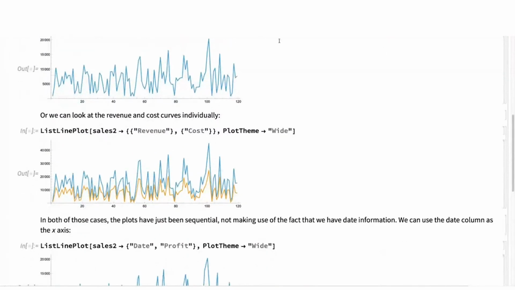We can look at what goes into that profit. What was my revenue and what was my cost on each of those sales? And so here I'm giving 2 rows, and this is probably the most complicated instance of the syntax, which is that I want to look at my revenue, I want to look at my cost, and I had to put an extra level of list around each of these, because if I just said revenue and cost, then that would put revenue on the x-axis and cost on the y-axis,